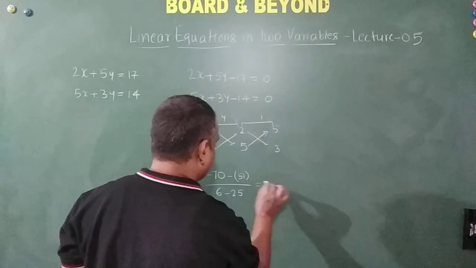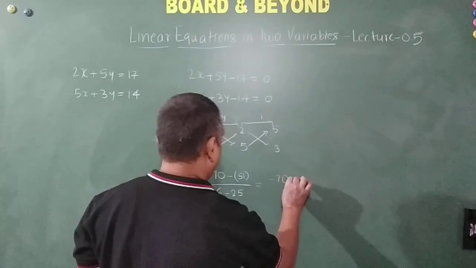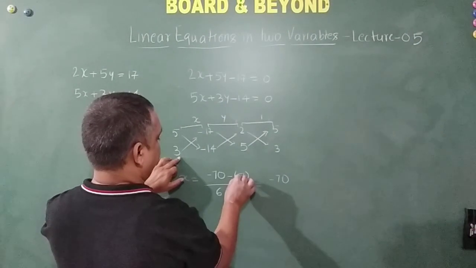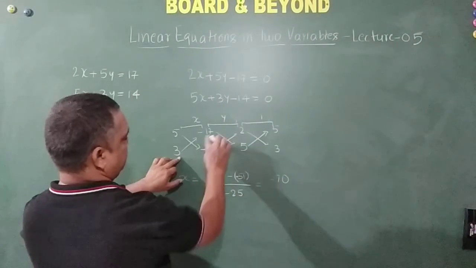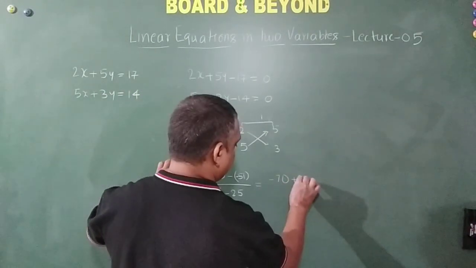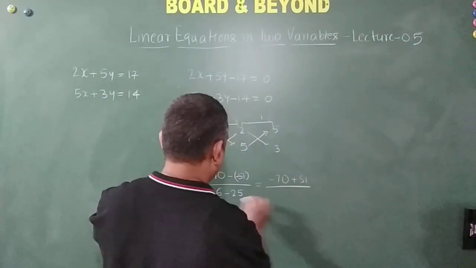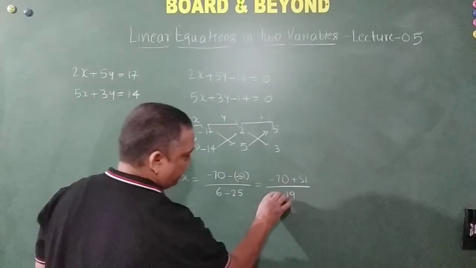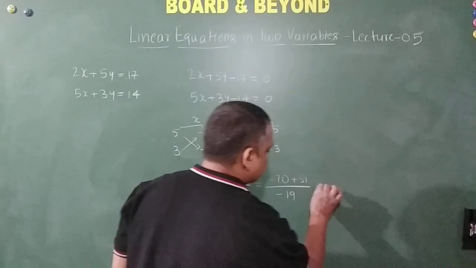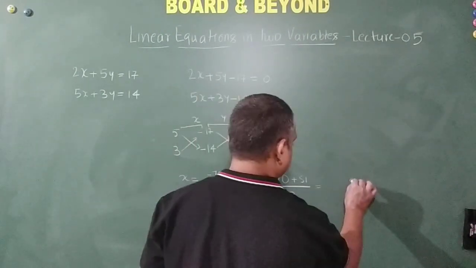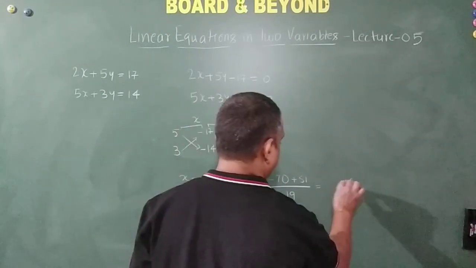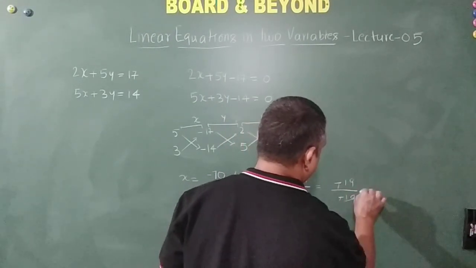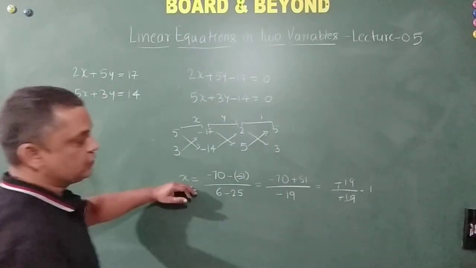Okay. So which is equal to minus 70, sorry, it is minus of minus 51. Okay. This is minus 51. So plus 51 divided by minus 19, right? Right, friends? So this is how much? 9, but minus here, minus 19 minus this equal to 1. So we get x is equal to 1.